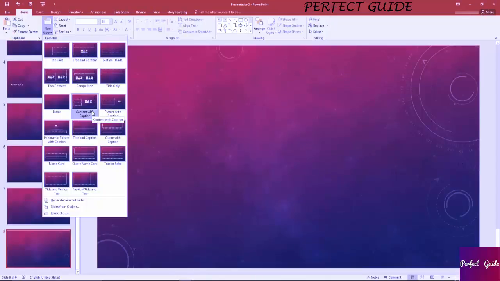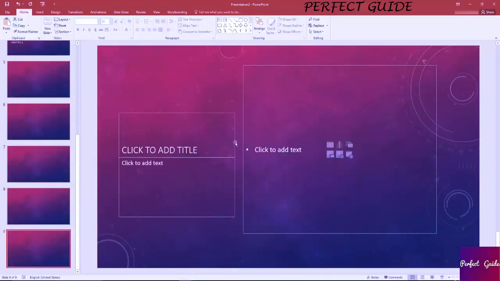So you could just start with this next one, Content with Caption. And this type of slide would probably be used for photographs or maybe charts and that kind of thing. You see they do provide easy ways to add those in here. And then on the left, you can give a title to your graph or your photograph. And with the subtext, you can add in extra information like who the author or photographer of the work on